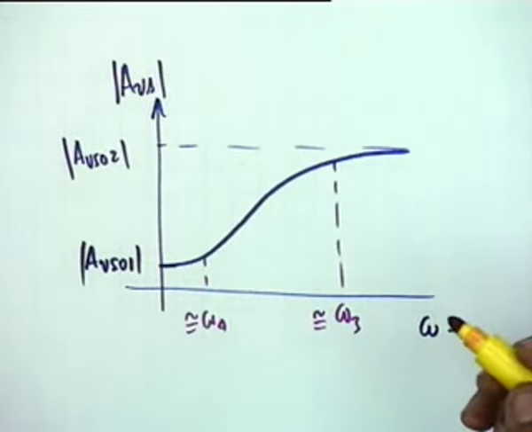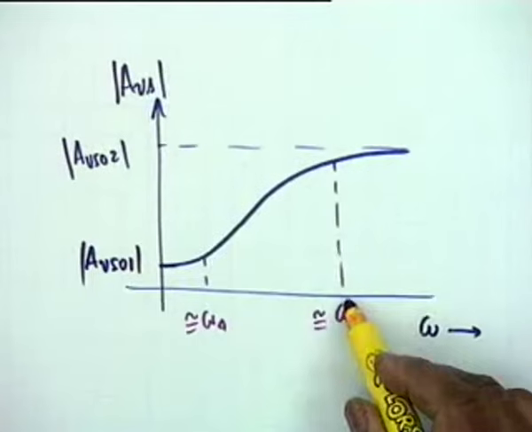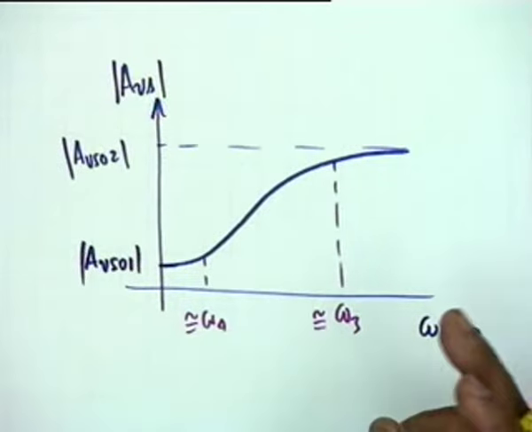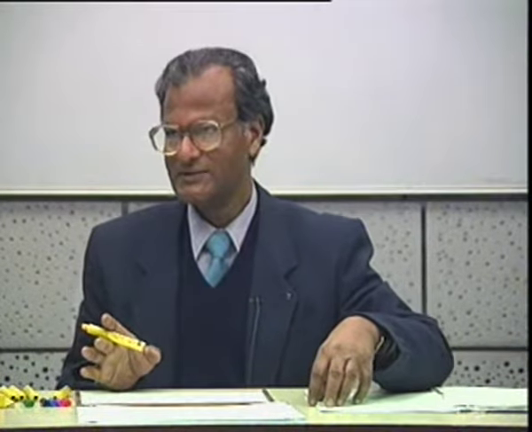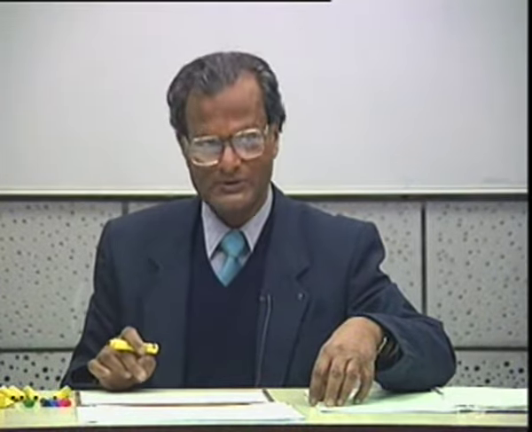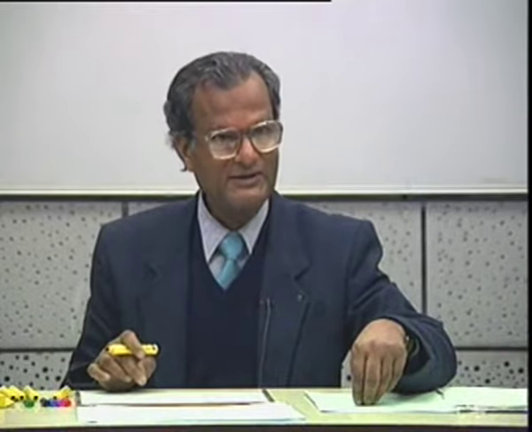So omega 3, this is a kind of a high pass effect, and since omega 3 is much greater than omega 4, they are non-interacting, which means that if C1 and C2 are short circuits, CE has the effect of producing a high frequency 3 dB cutoff at